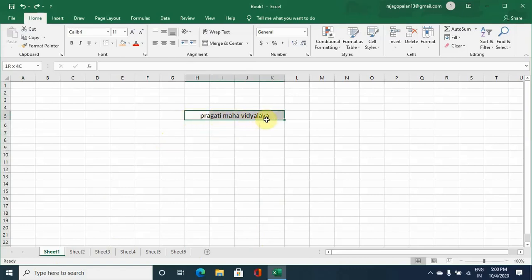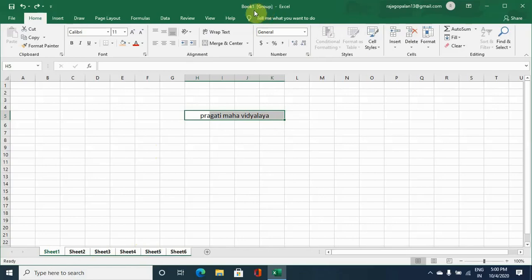Then we can copy the format of the heading for all the sheets at a time. Pressing the Control key on the keyboard, you select the sheets where you want to copy the same format. Whenever you select the sheets using the Control key, you find here Group.